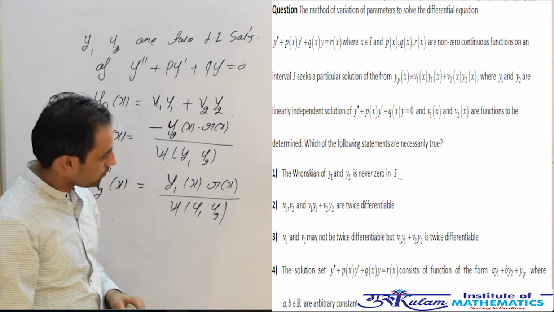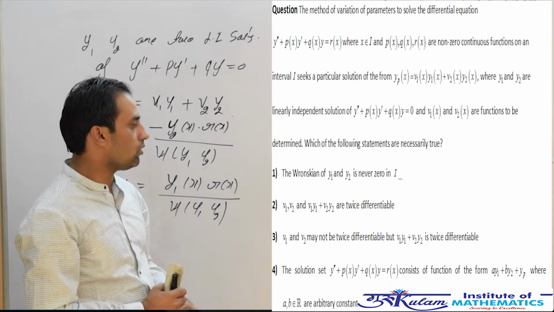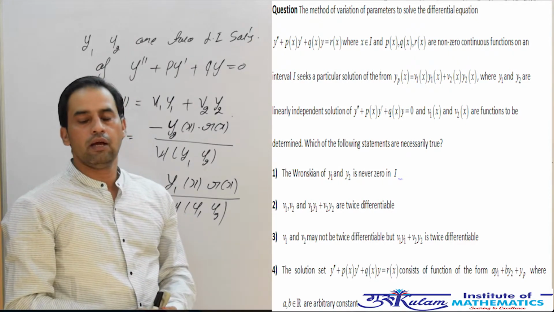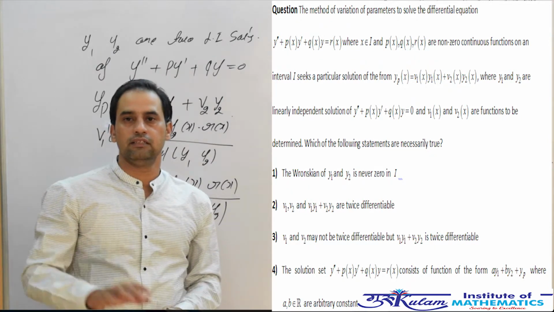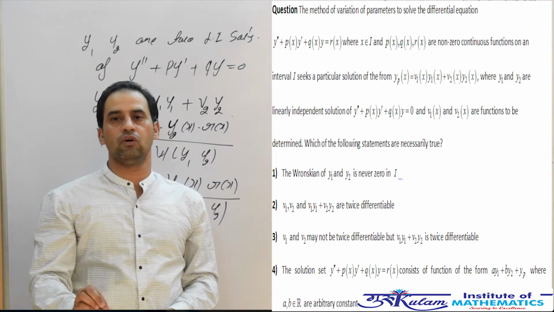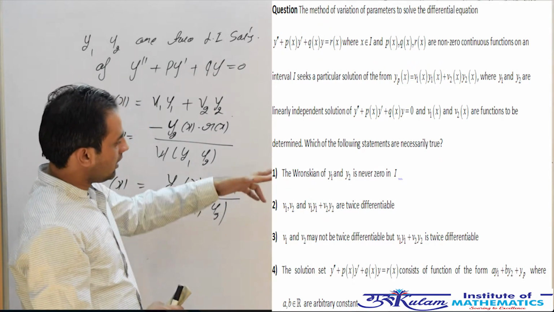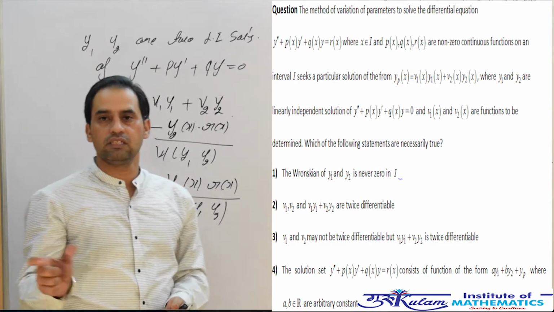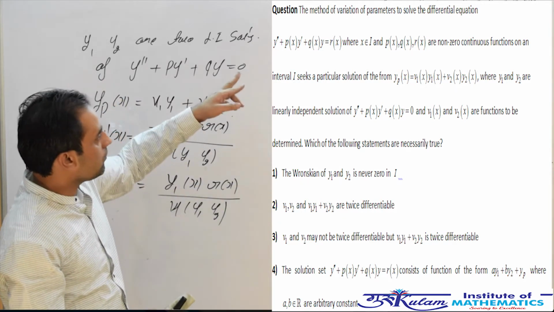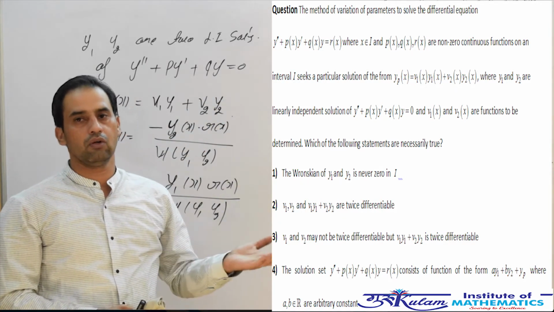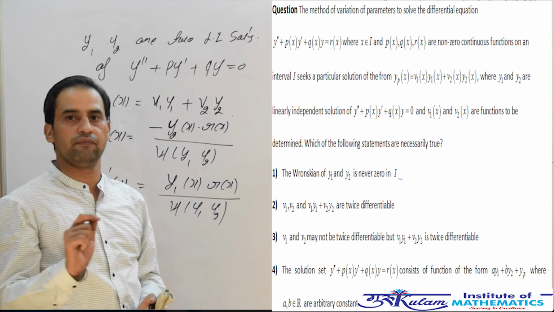Now the fourth option. It is given that the general solution, or solution set, of this non-homogeneous equation is a y1 + b y2 + yp. We know that the general solution of a non-homogeneous equation is of the form complementary function plus particular solution. In this case, a y1 + b y2 is just the complementary function, that is, the solution of the homogeneous equation, and yp is already given, which is a particular solution of the non-homogeneous equation. Hence your solution set must be of this form. So your fourth option is definitely a correct option.